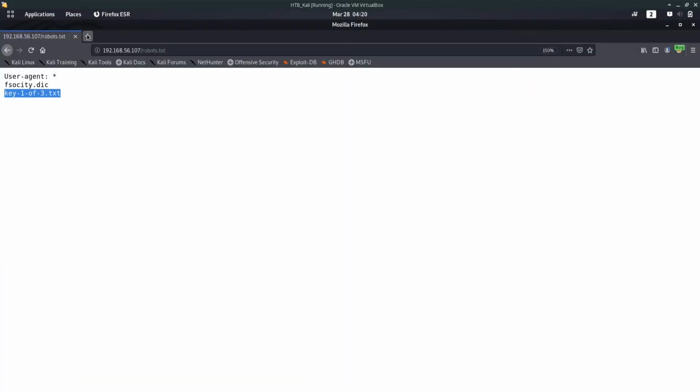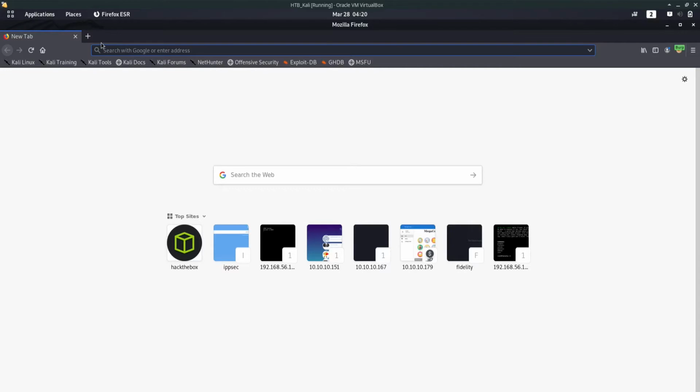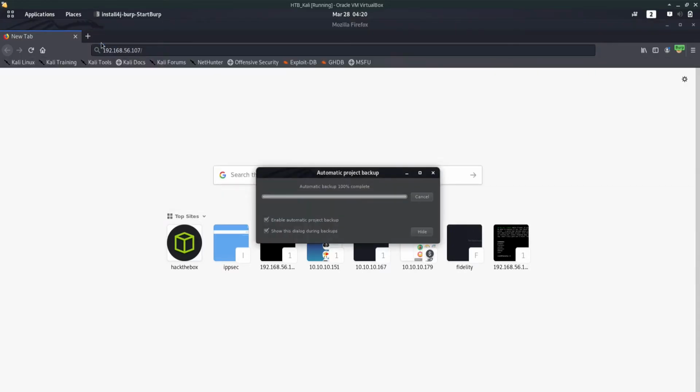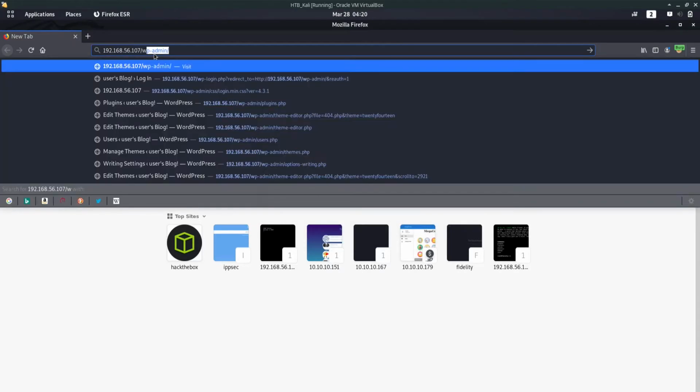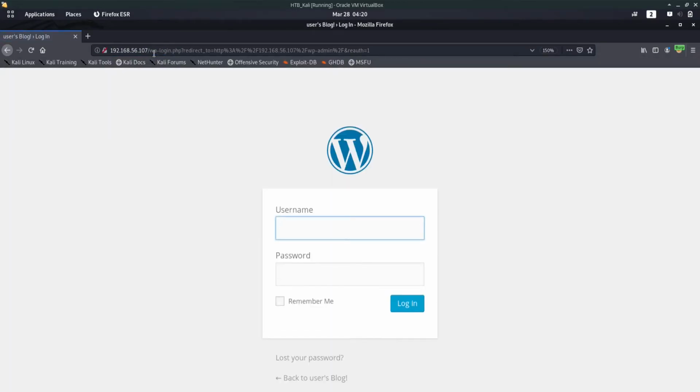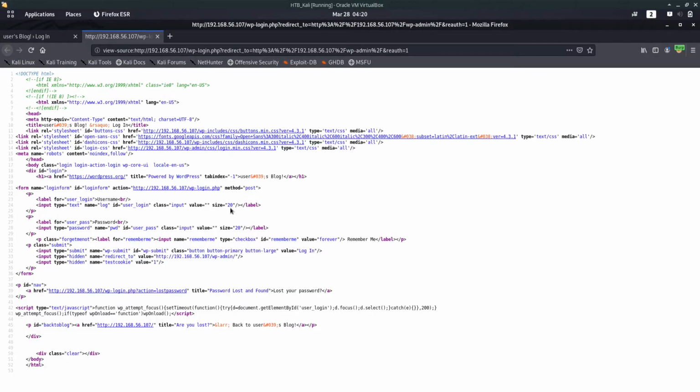So we know it's WordPress, right? So we should be able to go to wp-admin, and we get to a login page, right? So WordPress and Joomla have an administrator backend, and this is the administrator backend. So let's do Control U, or view source, to see if we can find something that tells us what version of WordPress this is, so it makes enumeration a bit easier. And as you guys can see, yeah,